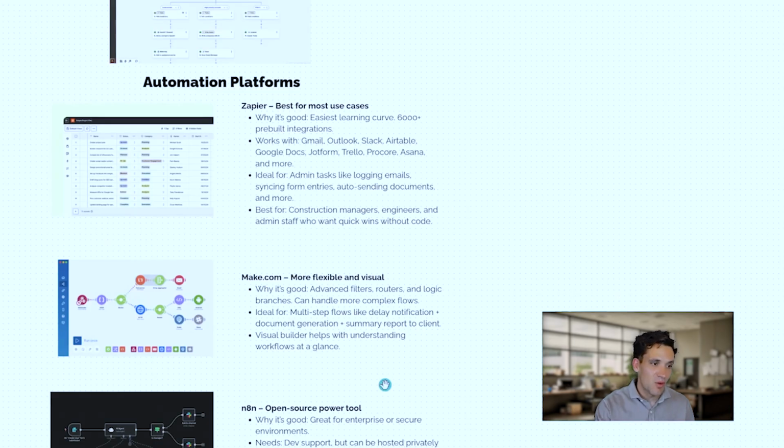Make.com is another popular one that I've experimented with. It's pretty easy to use. There's not as many pre-built integrations, so you'll need to use APIs to integrate them. It's better for more complex multi-step workflows like delay notifications, document generations, and summary reports. It basically allows you to do more complicated workflows. Once you start building more complex workflows in Zapier, I feel like it struggles a bit and it's a bit